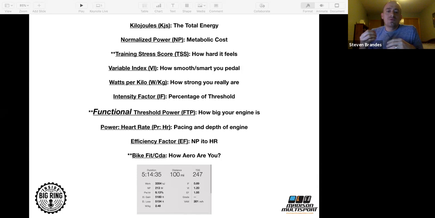So even though, say, he was doing 5 by 3 minutes at zone 5, it's only 15 minutes of work. Like, your TSS for that session is not going to be very big. But what we're looking at is, what is the goal of the session? It's a VO2 max session.